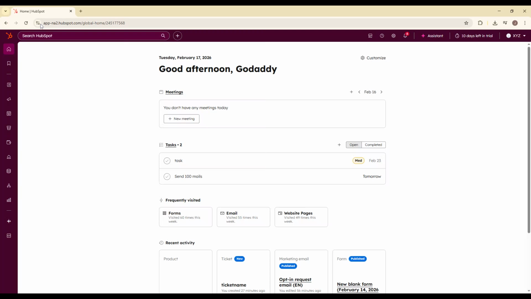In today's video, I'm going to show you exactly how to create goal templates in HubSpot so you can standardize targets, save time, and keep your team aligned without rebuilding goals from scratch every single time. Goal templates are perfect for sales managers, marketing leaders, and service teams who need consistent tracking across users, pipelines, or reporting periods. By the end of this video, you'll know how to create and customize your own goal template inside